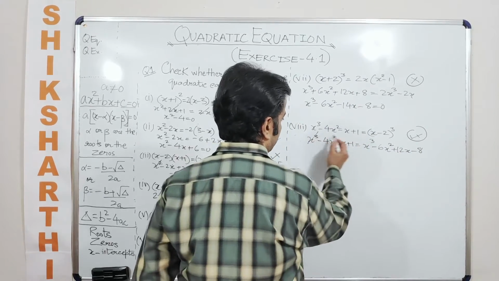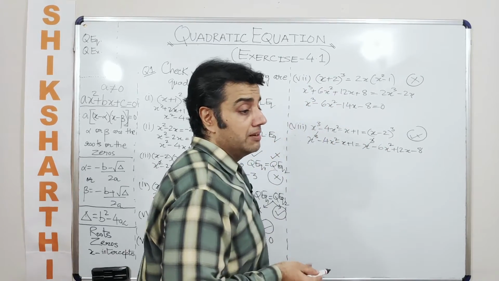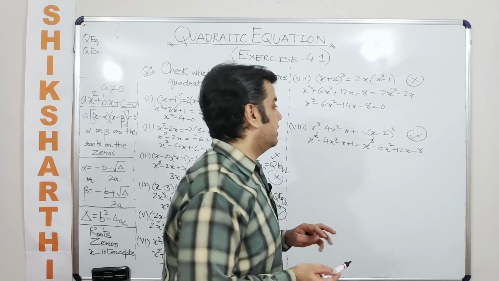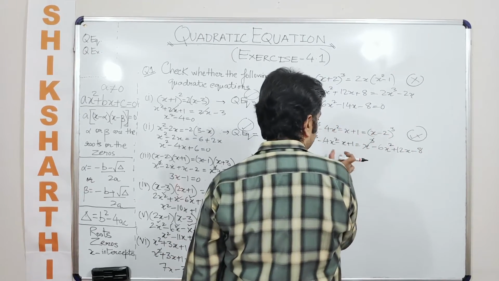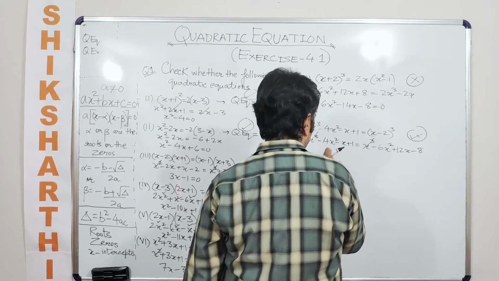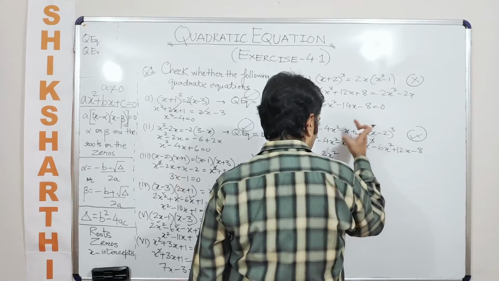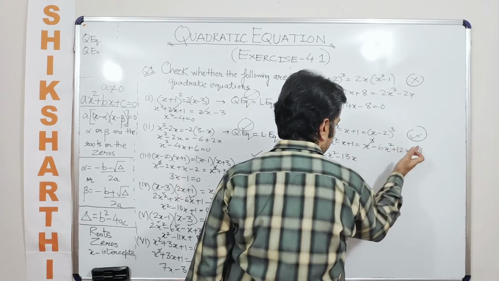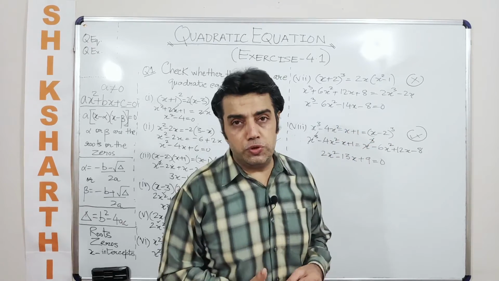Okay, so x cube gets cancelled out, but the coefficients of x square are also not the same, which means it will definitely give me a quadratic equation. Let's bring these entire things on the right hand side, which is just like saying 6x square minus 4x square is 2x square, minus 12x and minus x makes it minus 13x, and minus 8 plus 1 gives it a 9. Let's move on to question number 2.